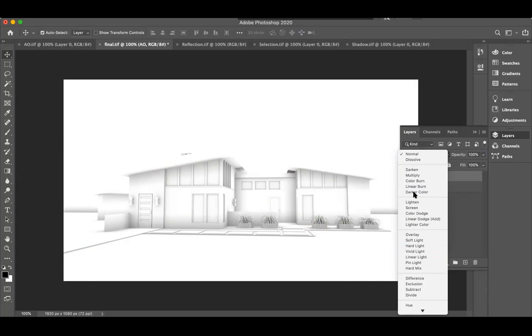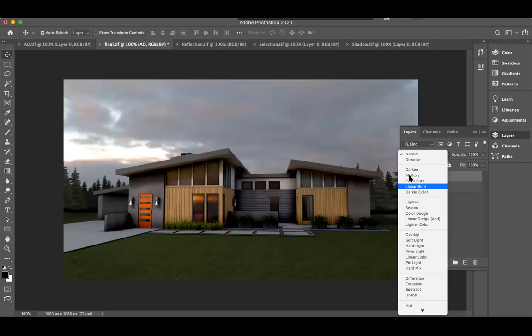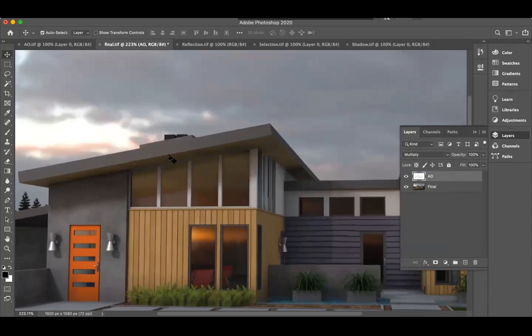Now I'm going to select multiply. Select the AO and change the blending option to multiply. You can see the difference I got, in the corner and look into the edge.